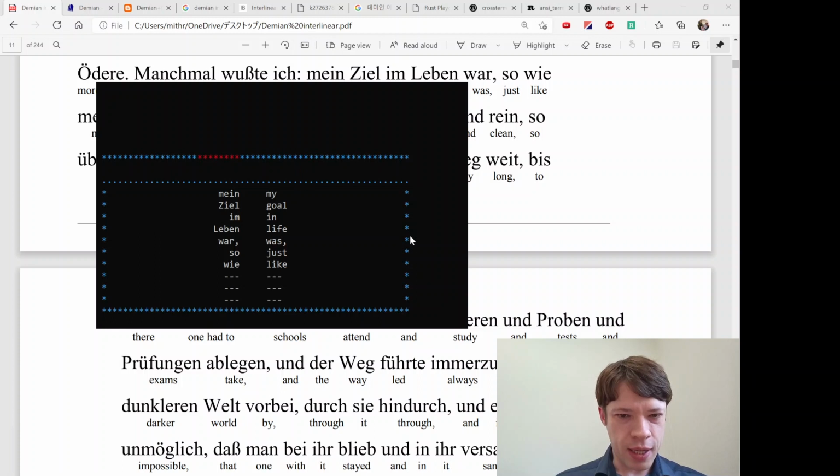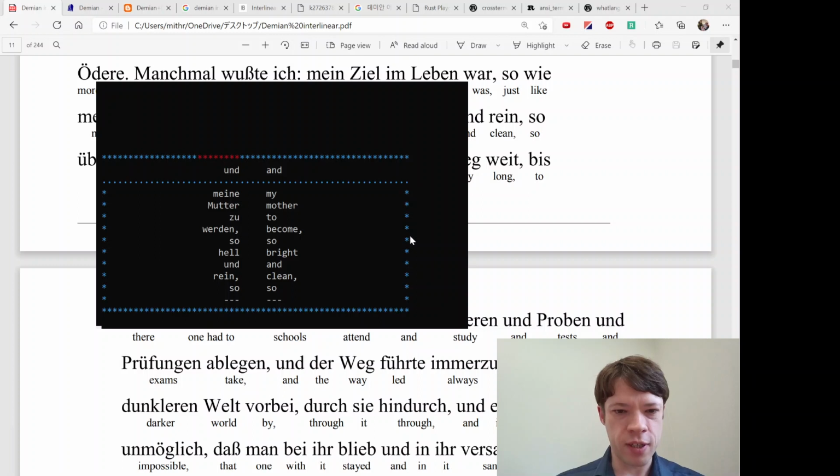stars here left when I move it to German, then the stars here turn red to show that I'm here. Then I hit up to bring it up, and then move to English and move it up. And now we have mine, my, and then when I hit enter, then it puts it into a string, and then seal im Leben. So you can see it's speeding up the process. It'll still take a long time, but it's a lot faster than just typing everything out.